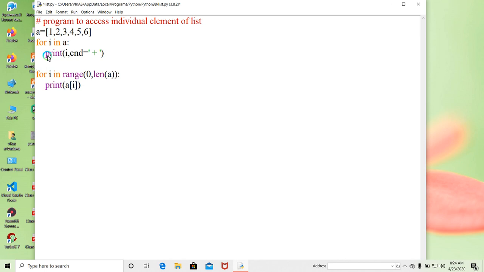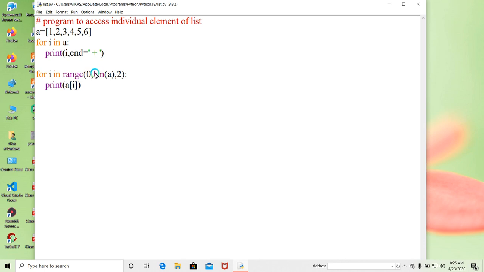One may access all continuously, and one may access, for example, if I want to access all the even index elements, so I will write 2 here. Now see here, even index means first I will access index 0, then the second index, and then the fourth index. So the output will come 1 3 5.